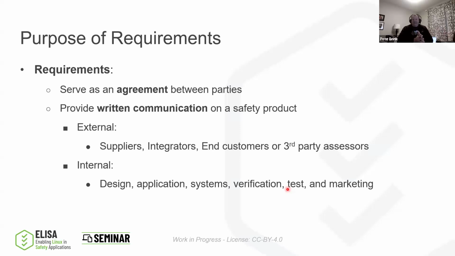So we do that by writing them down. And of course, language inherently is an imprecise thing. It means that we have to have some way of specifying them in a rigorous format such that we, the writers of it, can have confidence that the people who are reading them have a full understanding of what it is that they are receiving and what the expectations are that go with it. So we can write these requirements.